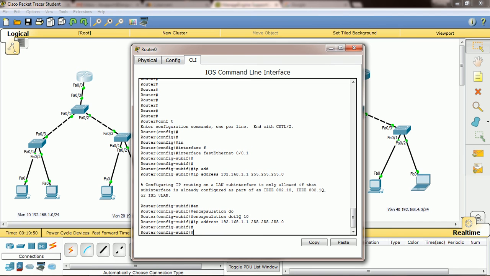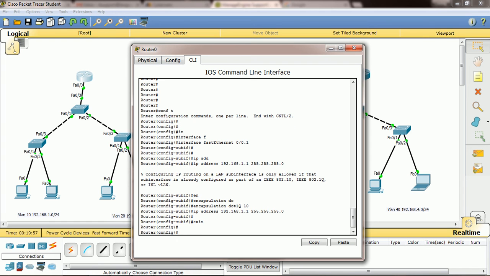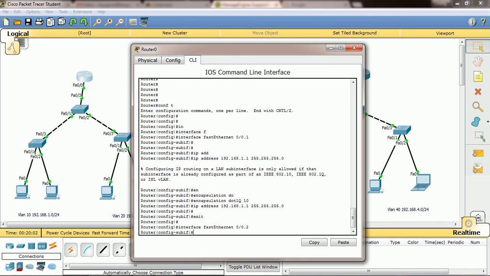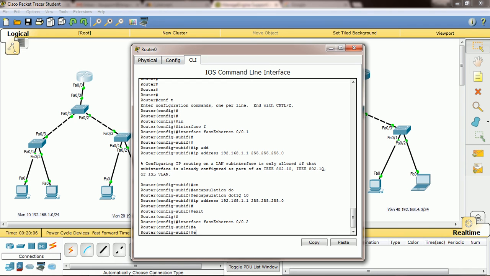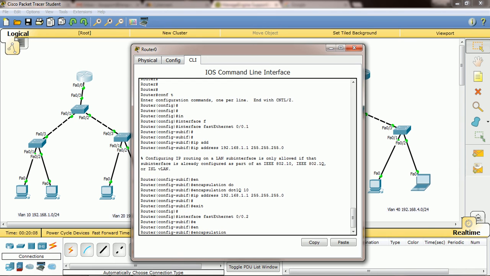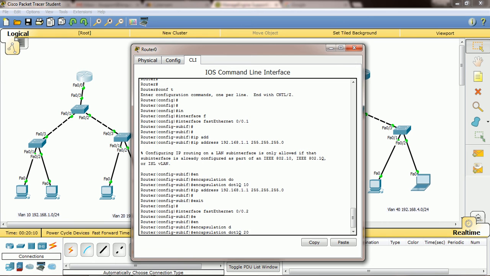Okay, so don't get confused, just follow along. I will do the second router configuration. Then exit, and same like you enter into 0.2. For that also we forgot to give that encapsulation. So on the sub interface, encapsulation dot1q 20, right?